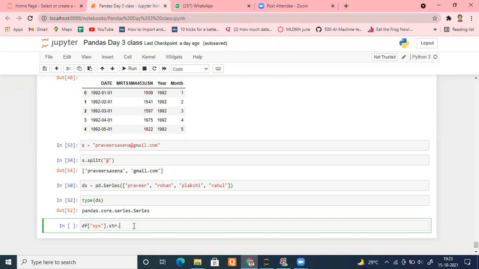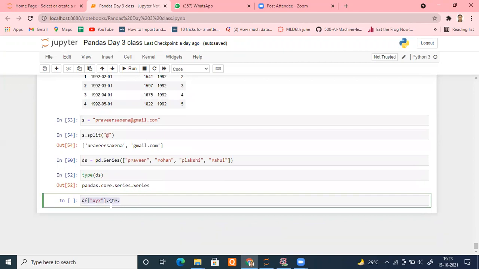Now let me cover one more thing. Suppose this is the sales data available in my DF file. Let me come to the DF file. Let me take a DS as well so that you can understand later on. DS dot str dot, then you can see the different methods that are there.